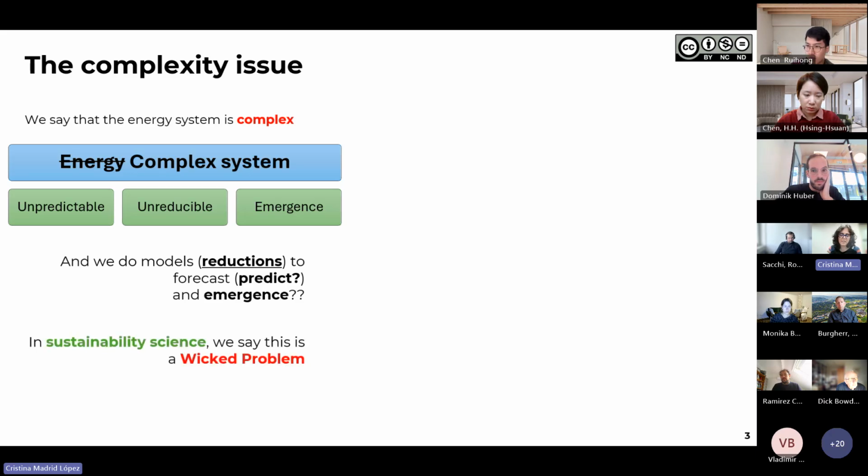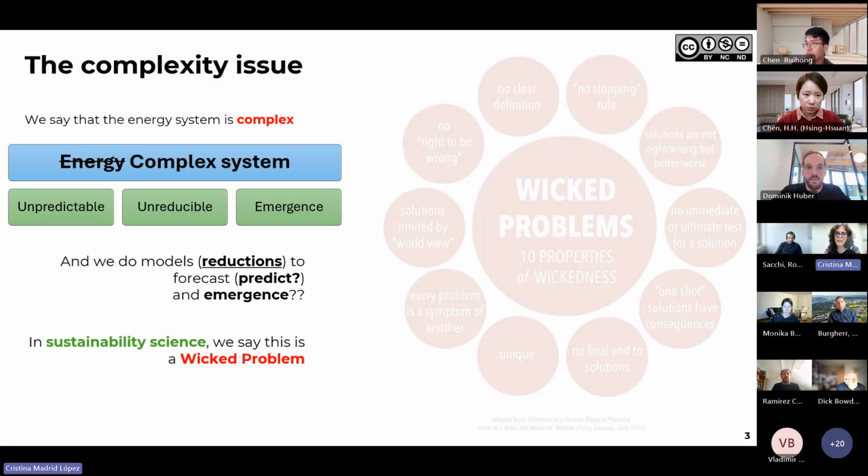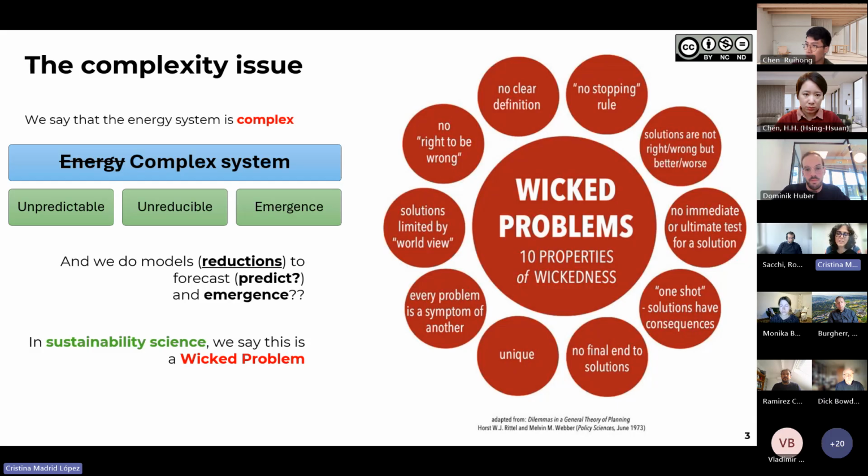However, in sustainability science, we say that when you are dealing with a complex problem like this, we are talking about a wicked problem. And that's a concept that is not new. In fact, it has many years and is coming from the field of planning. A wicked problem is one that shows 10 properties, they said, Rittel and Weber, and you can look at them,